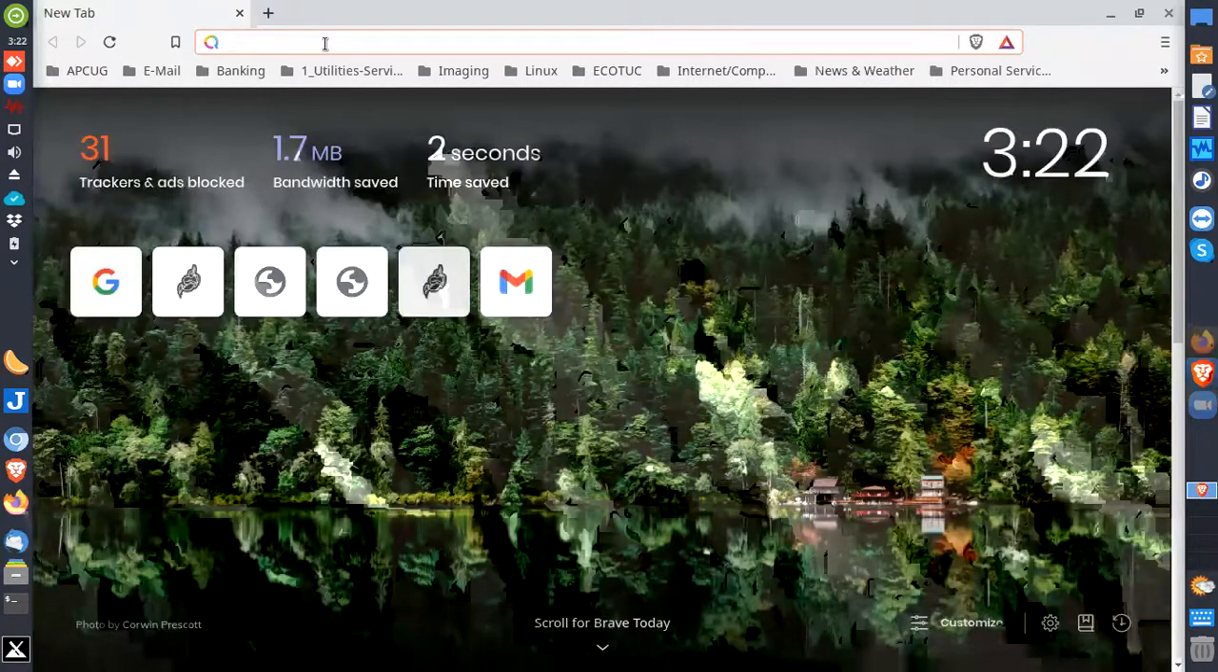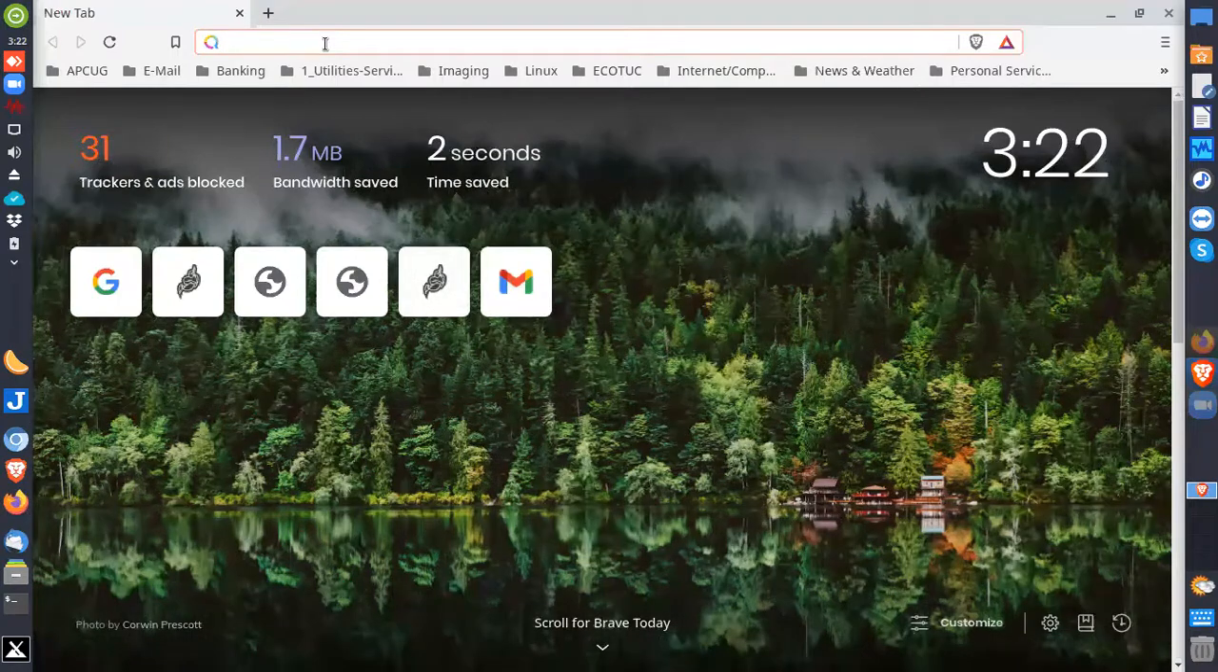It tells you how much it blocks. It's blocked 31 trackers and ads for me automatically. It has saved 1.7 megabytes of my bandwidth, and it has increased my time by 2 seconds. Now, retired, I'm laid back. 2 seconds isn't anything big, but